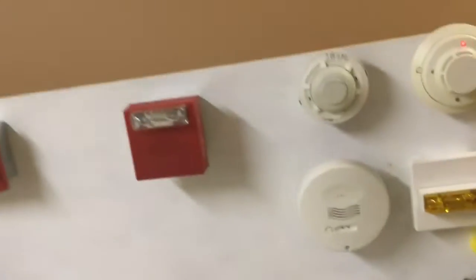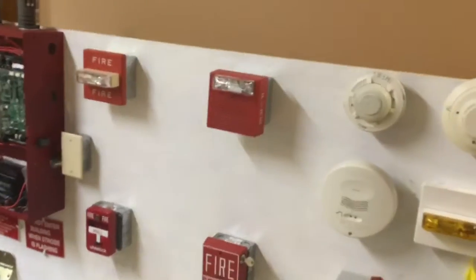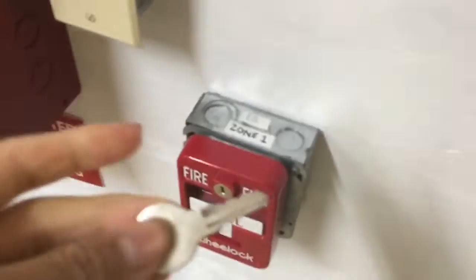So, now we can go ahead and set off the i3. Again, that's how it silences, and we have audible silence. Something to note is that I cannot set it on March time or anything like that, because it's on Wheelock Sync, and if I were to change it to March time, instead of making a beeping tone, it would just chirp, because it takes a couple seconds for the horn strobe to start up once you apply power. So, that's that, and I'm going to go ahead and key activate the Wheelock pull station. With the key, this is actually the same key as the Silent Night pull station, so...